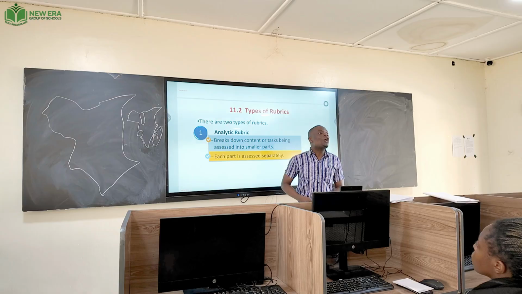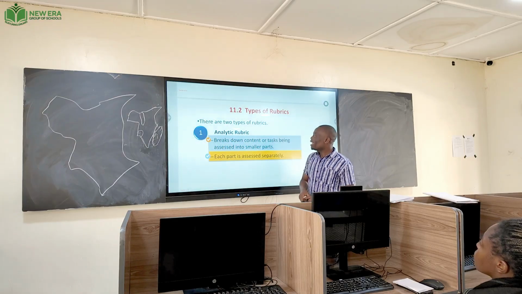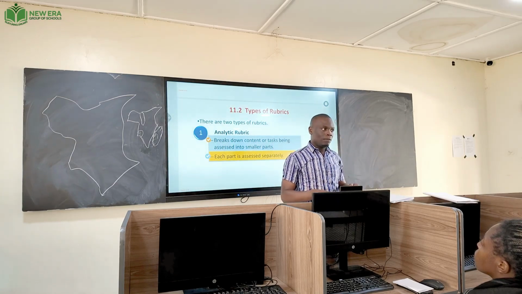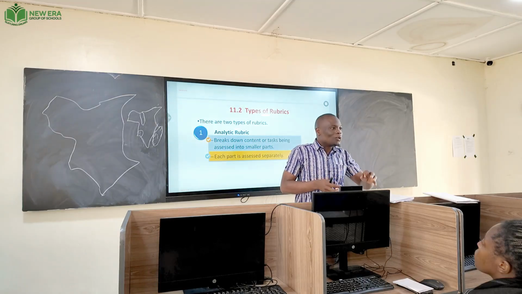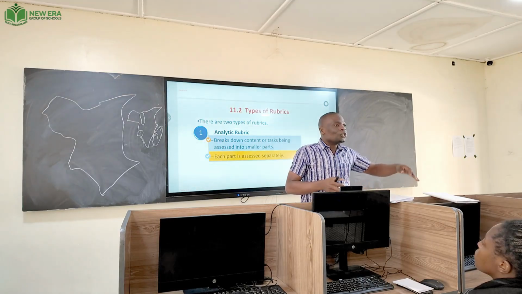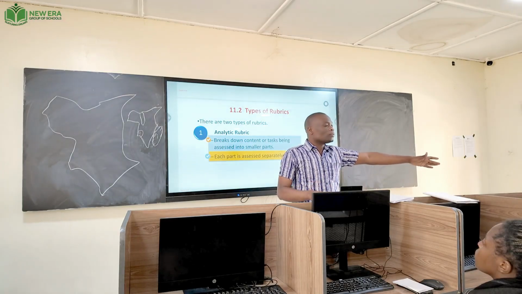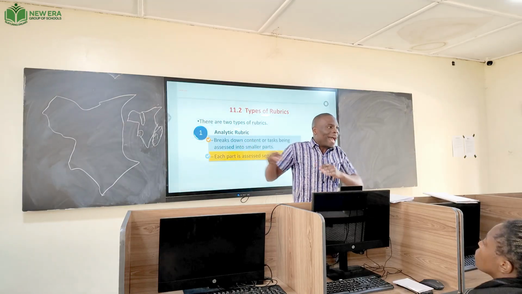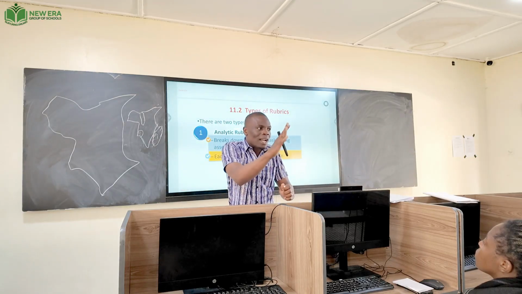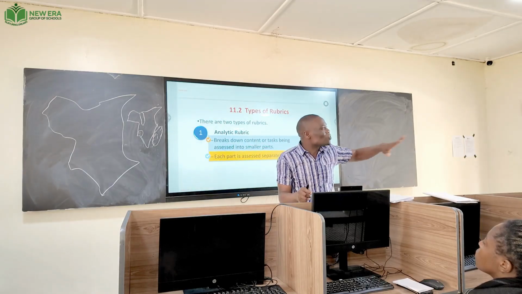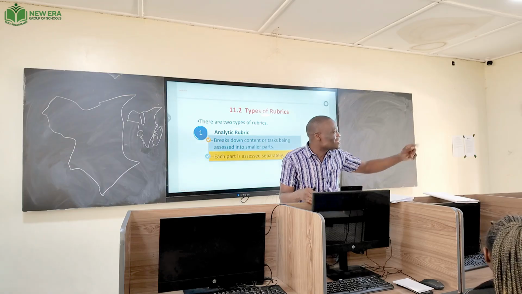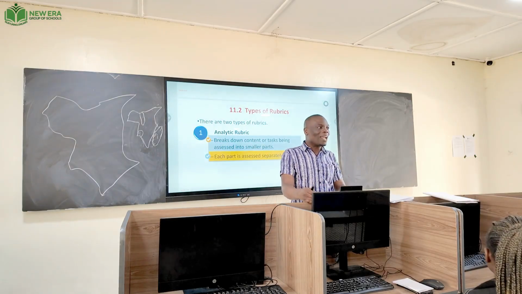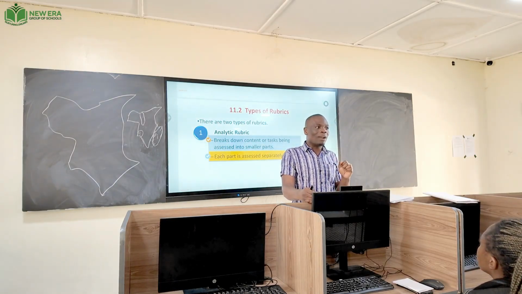But you have what you call holistic. A holistic rubric is whereby you give marks at the end. Maybe I'm telling you to start to clean the class. In an analytical rubric, I come and observe how you are cleaning. I can see that the student is cleaning very well. In fact, she's using soap. But now, in a holistic rubric,